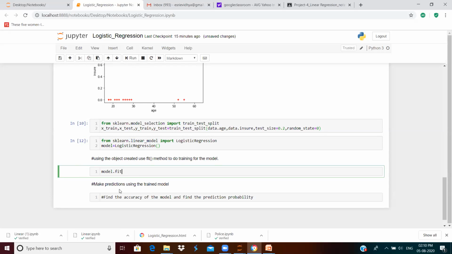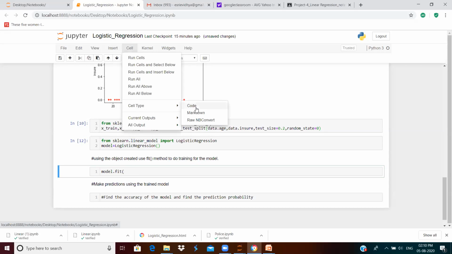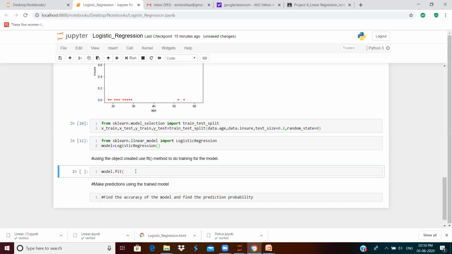And what do you feed in here? In the morning you have seen, we will have to feed in X, Y. So here it is going to be X train and Y train.